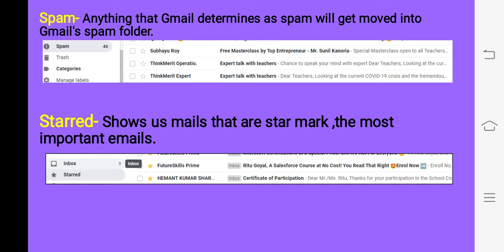Children, this way we can show that this mail is important for us. And if we have marked a star, it means whenever we open our inbox, we can find out that these mails are important for us. Also, there is a starred option. If we click on the starred option, we can see the mails we have starred. Starred shows that these are important mails for us.